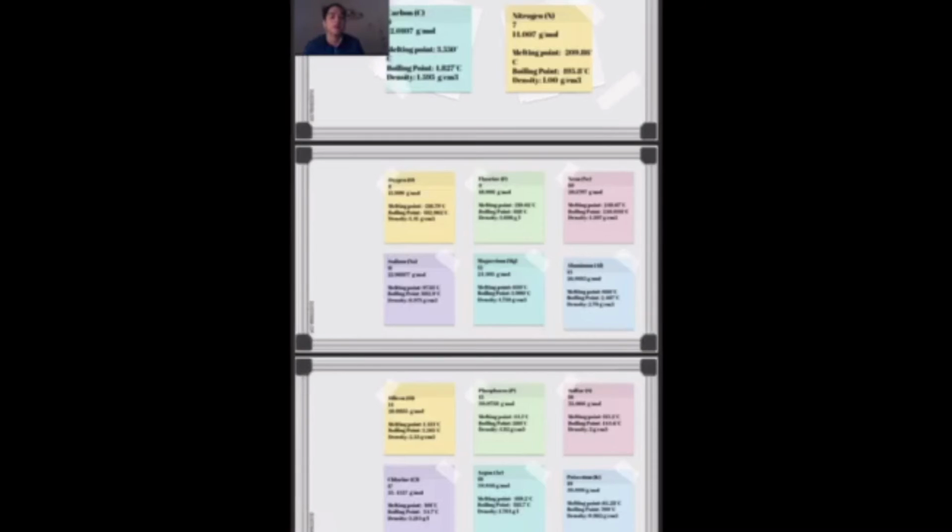Atomic mass 22.98977 grams per mole, melting point 987.81 degrees Celsius, boiling point 882.9 degrees Celsius, density 0.971 grams per cm3. Magnesium, atomic number 12, atomic mass